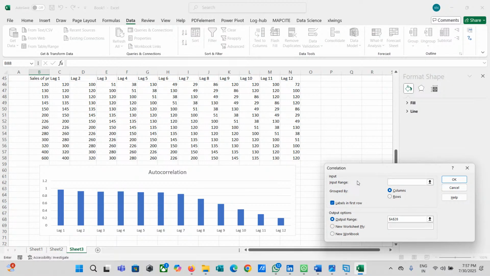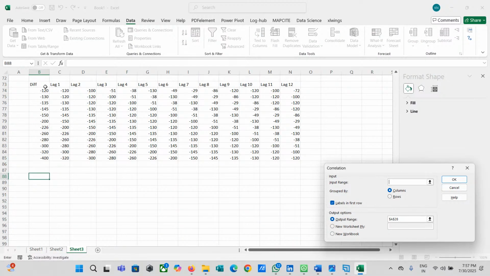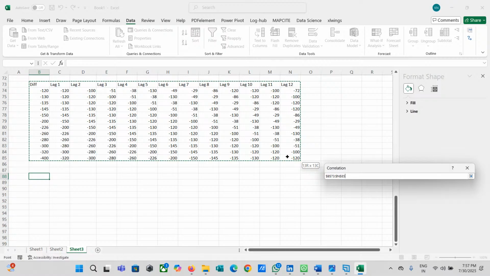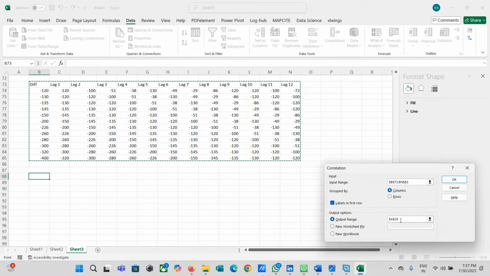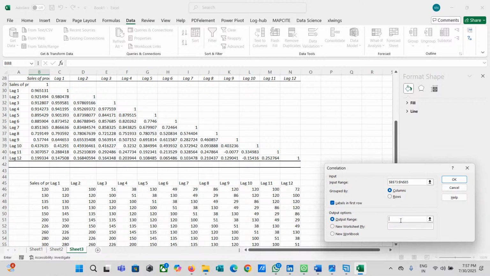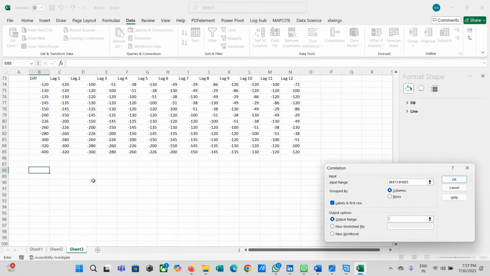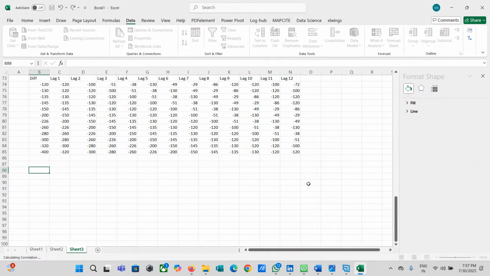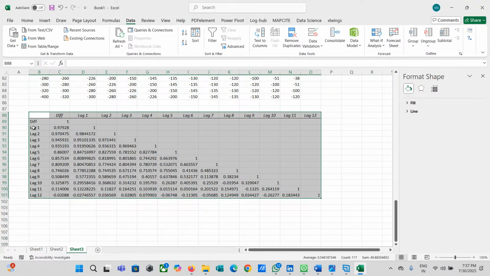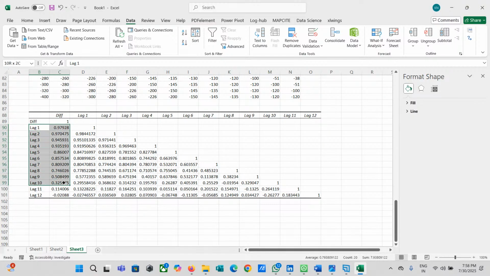My new range is our difference data columns. I'm going to output range. I need the output somewhere here. Click on OK. So now I'm going to build